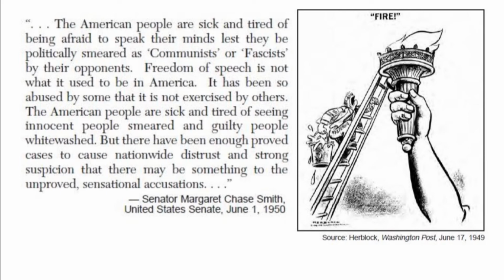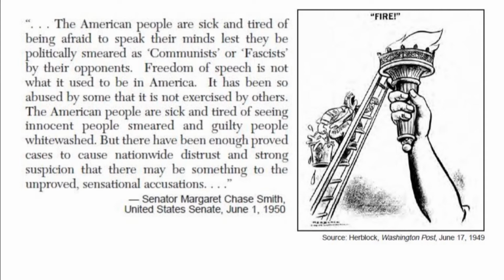But if you'll look, this flame is attached to a torch, which is attached to an arm, and all of this symbolizes the Statue of Liberty. So if this is the Statue of Liberty, then that's the flame of liberty. And in trying to put out this flame that is scaring this man, he's really putting out liberties and freedoms in the United States. If you'll look at the document on the left, this senator makes the statement,